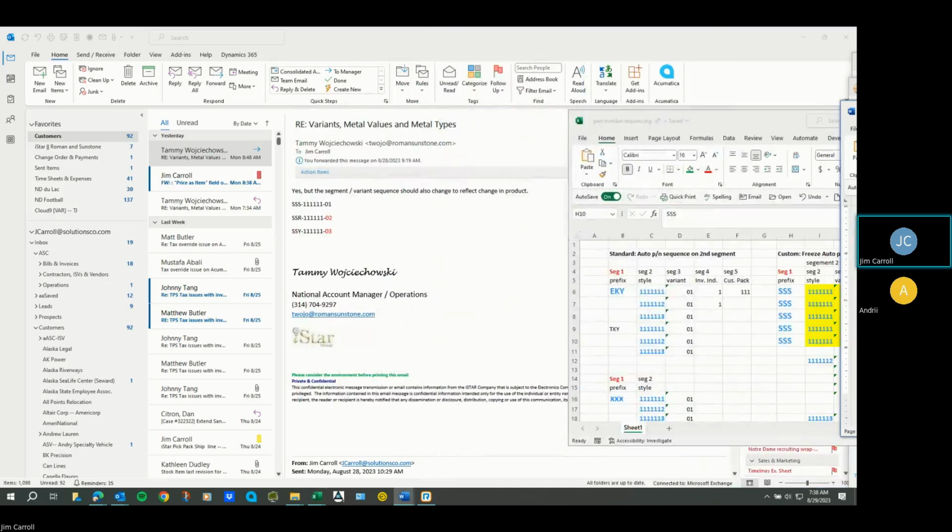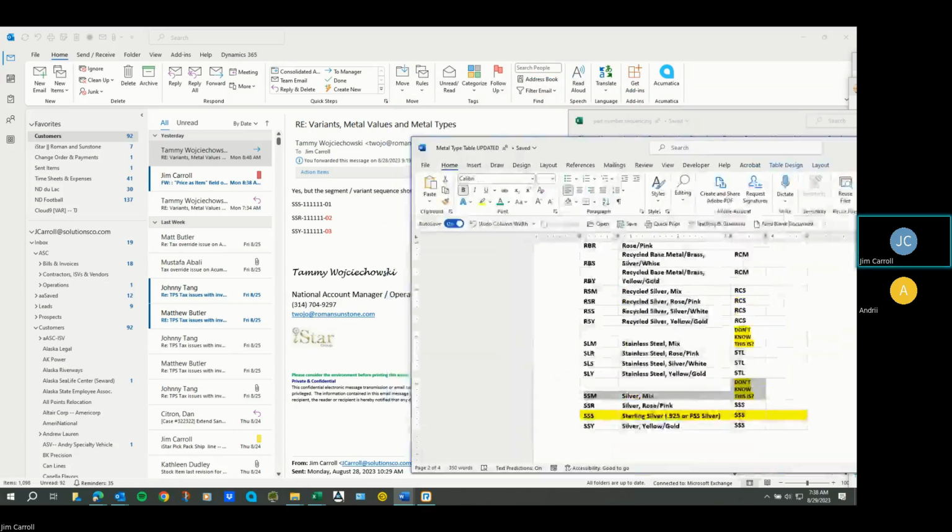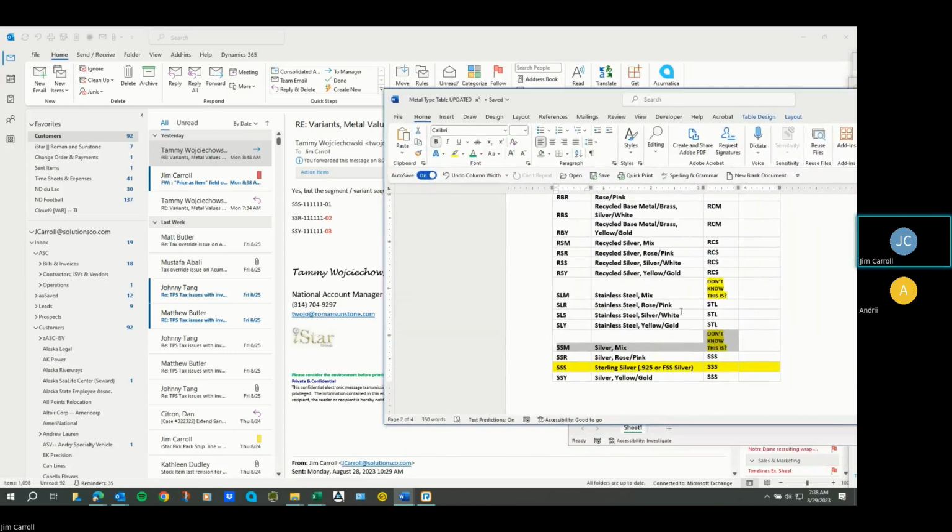In the silver world, as I increment from SSS variant 1 to variant 2 could mean the color of the silver. And so what happens is that I go to variant 2, the prefix changes from SSS to SSR. That's not the case on gold. It is the case in silver, meaning for sure, most probably, silver will have to be a manual process,